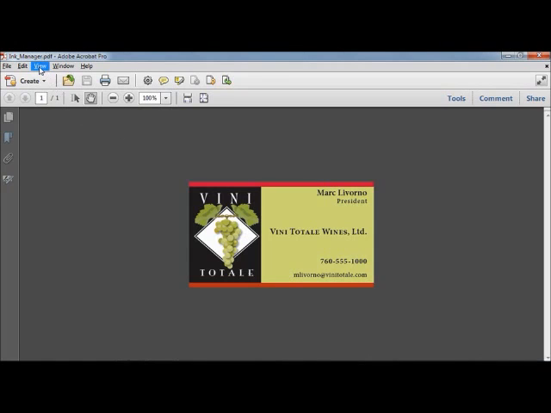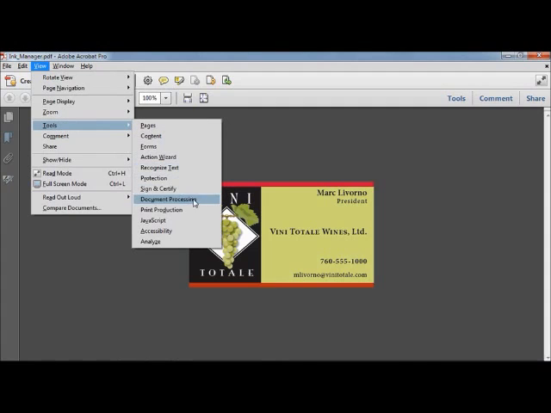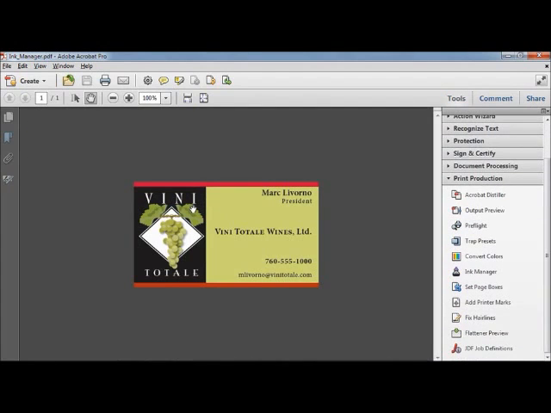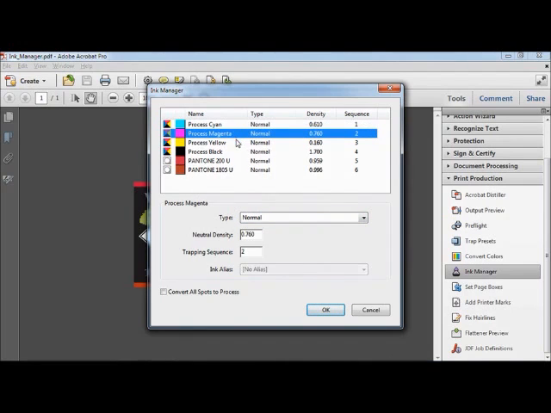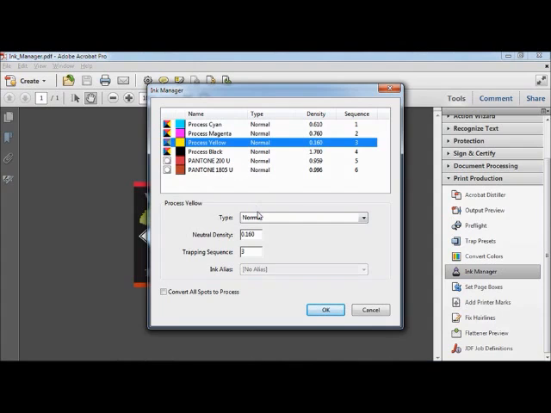Select View, Tools, Print Production. When the Print Production panel opens, click Ink Manager. The Ink Manager is one of the many high-end prepress tools available to the average user of Acrobat Professional. As you can see, it displays the use of both process and spot color inks in the PDF file. If you click each of the inks, you can see that the dialog provides specific data and controls over how each ink is used. You can select any of the displayed inks and specify its type,